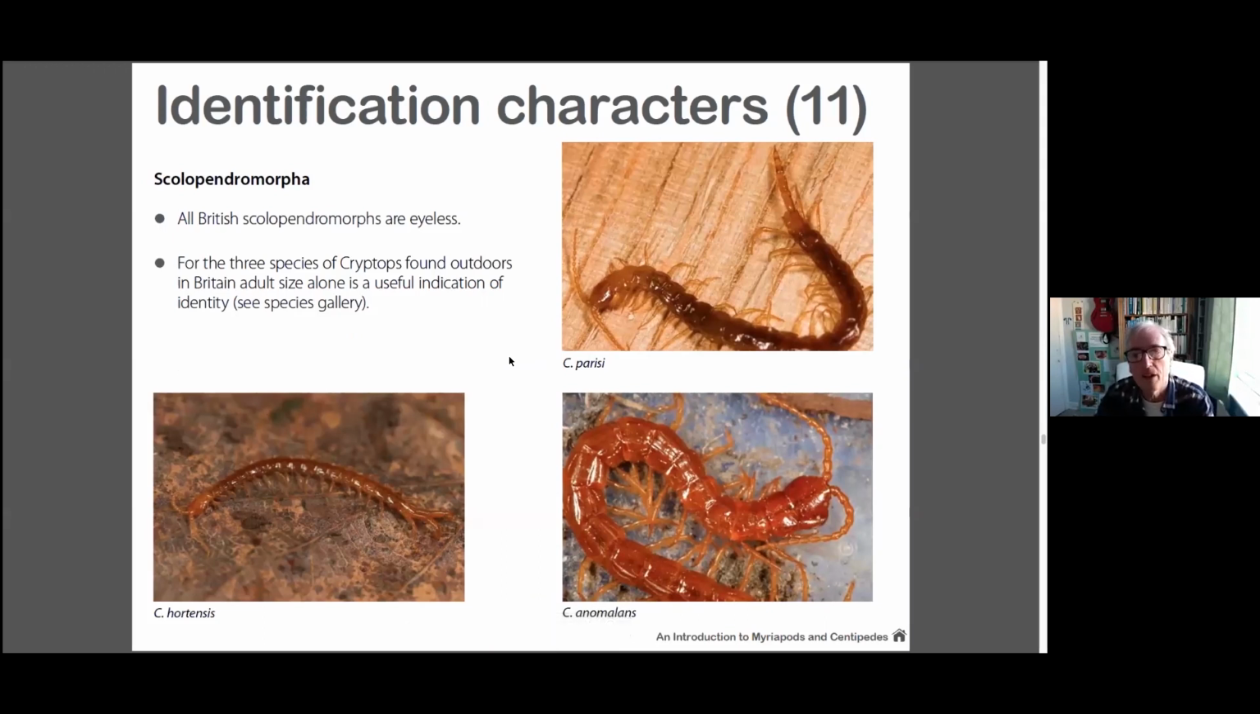Finally, going to the scolopendromorphs, we only have Cryptops species, and the majority, I think that there's a fourth one now, isn't there? But there are three that were commonly known. Hortensis is the one that's all over Britain. Anomalans is in the south, as is Parazygos, certainly across to Wales. But Cryptops anomalans tend to be more southerly. Anomalans is the big one that bit me. And you've got 21 pairs of legs and these big chunky back legs. And